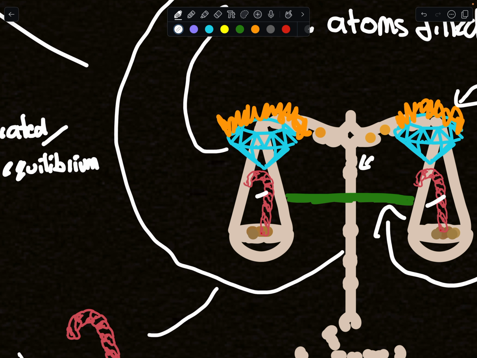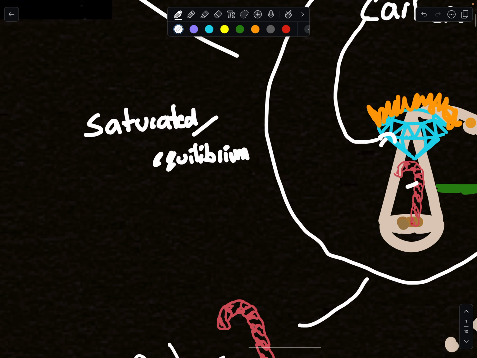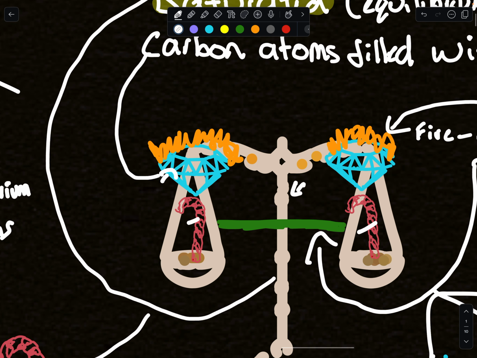Next, what do we see up here? A diamond on fire. Now to me, what do I think of? Diamond, carbon, fire. Think of fuel. You think of hydrocarbons. So, we know that alkanes, from this image, are saturated or at equilibrium. They are hydrocarbons. And finally, what else can you see in this image?